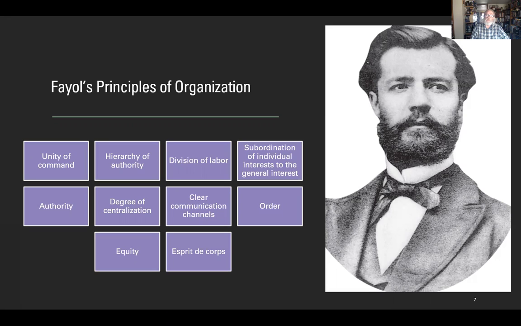Subordination of individual interests to the general interests is about really self-controlled behavior and the type of culture and norms that are expressed in the collective behavior of everyone who works in a company. Are we able to all agree that we're here for a certain reason and so forth? It's not to pursue personal agendas, it's to be here and pursue the mission and the objectives of the